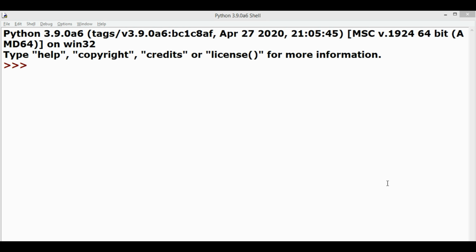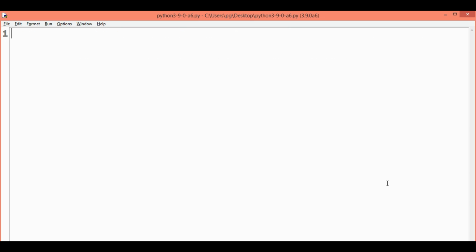Many new features for Python 3.9 are still being planned and written. So some of them are adding the merge operator, the pipe operator, and the update pipe-equal operator to the built-in dict class. So dictionary union, merge and update operators have been added in dict as per PEP 584.